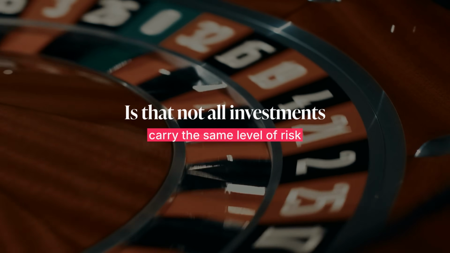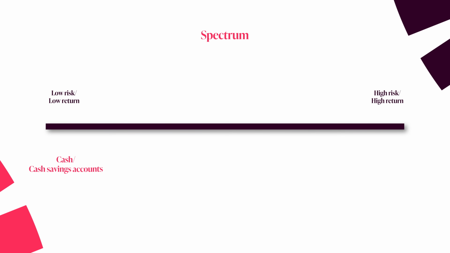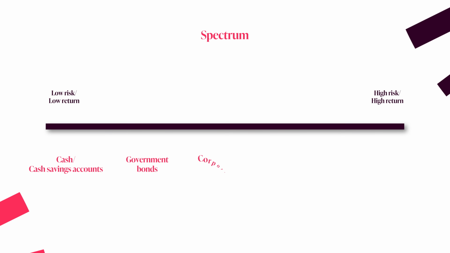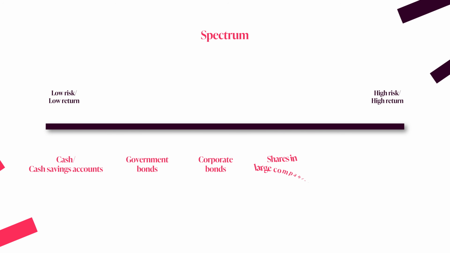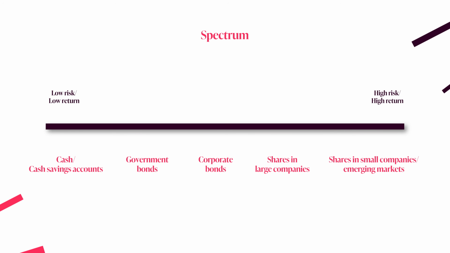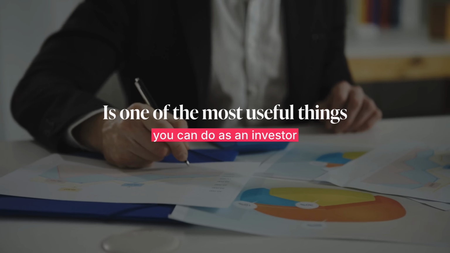Another important thing to remember is that not all investments carry the same level of risk or the same potential return. Think of it as a spectrum. At one end you have cash and cash savings accounts, low risk but low return. Move along the spectrum and you get to government bonds, then corporate bonds, then shares in large established companies, and at the far end, shares in smaller companies or emerging markets that have higher potential returns but significantly more volatility along the way. Understanding where different investments sit on that spectrum is one of the most useful things you can do as an